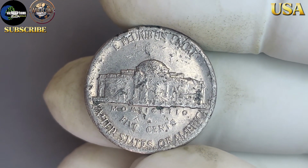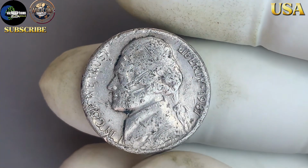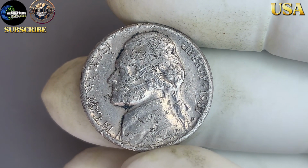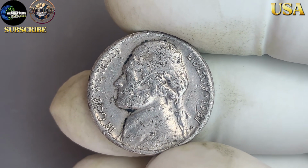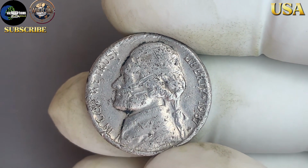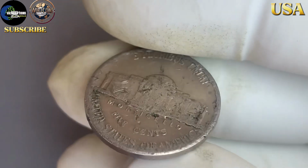Imagine the excitement of finding a coin in your collection or even in everyday change that turns out to be worth thousands of dollars. That dream became a reality for a lucky collector who discovered a rare 1987 Jefferson nickel in near-perfect condition, which went on to sell at an auction for a jaw-dropping $40,900. Stories like these fuel the passion of coin enthusiasts worldwide, proving that hidden treasures are still out there, waiting to